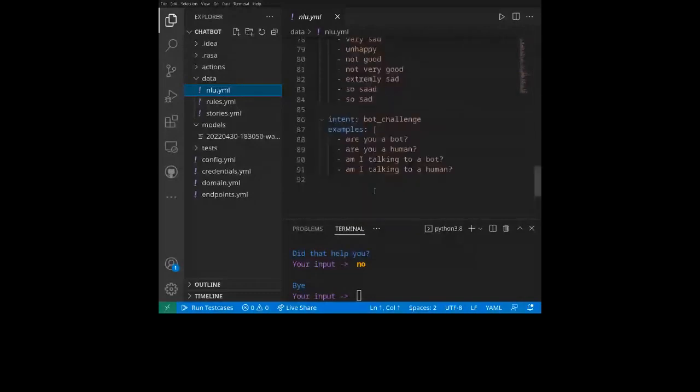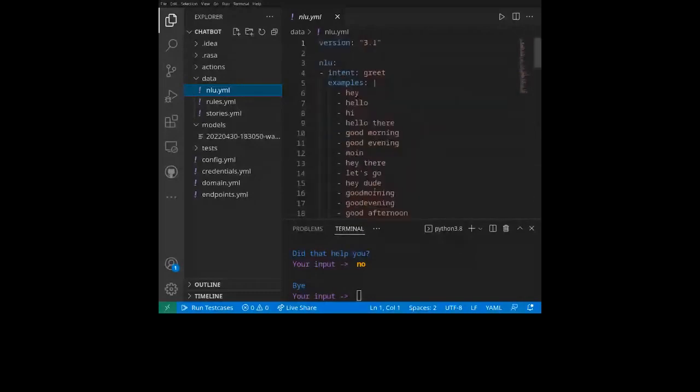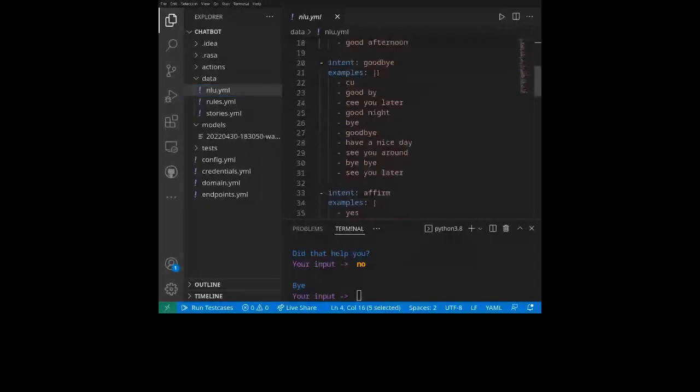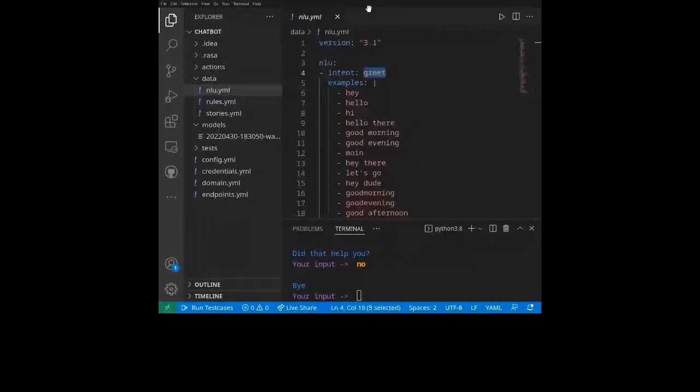Basically, if the user is saying something related to a greeting, these will be the examples. Now this intent doesn't have to be named greet. I can just write a new intent right now and give it any name I want.